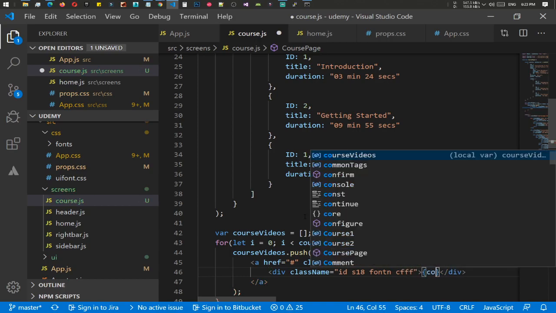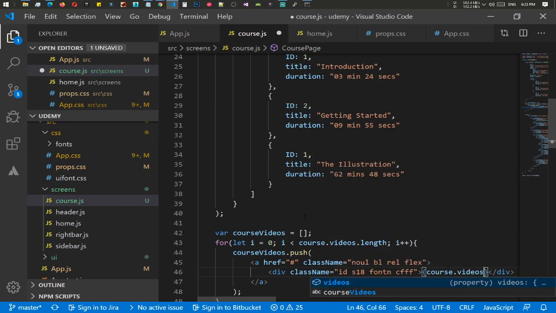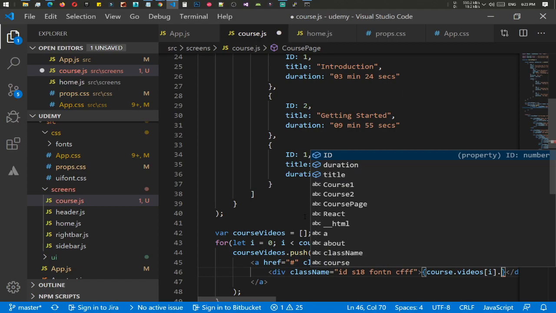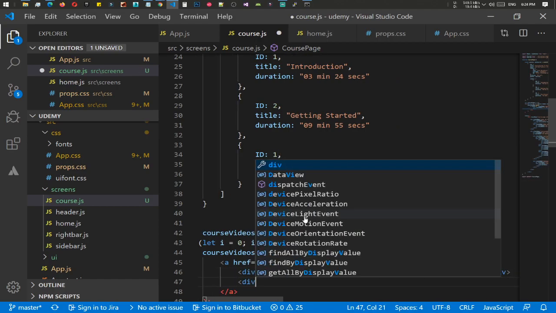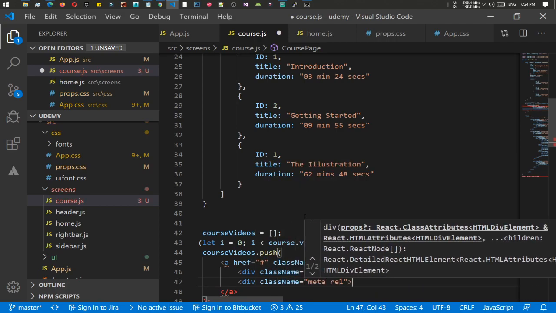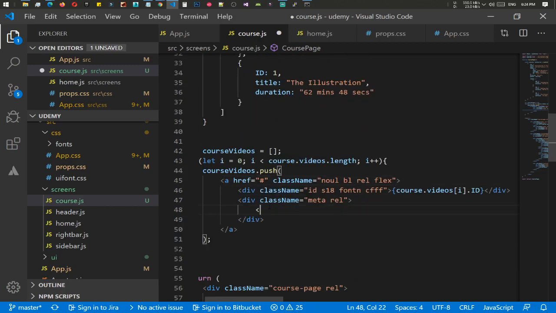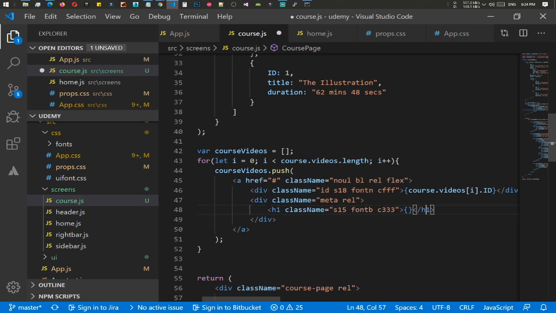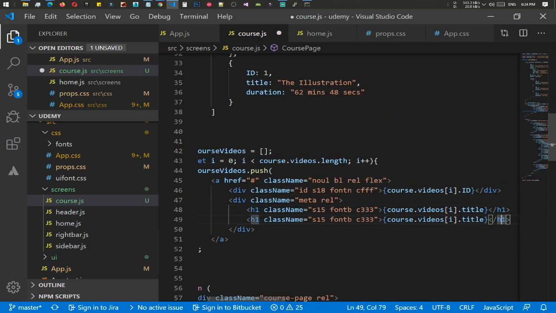and let's add course.videos id, and we need to add class name of meta, and let's quickly add h1 class name equals s15 font b c33, and we need to add course.videos i.title, and let's add duration, and for that let's change it to c17 and s13. Perfect. Well, now we need to add a key,